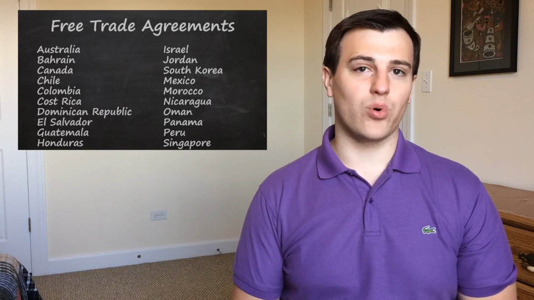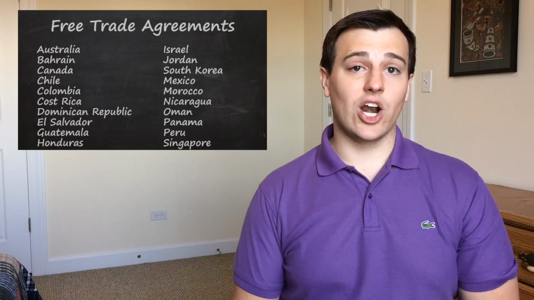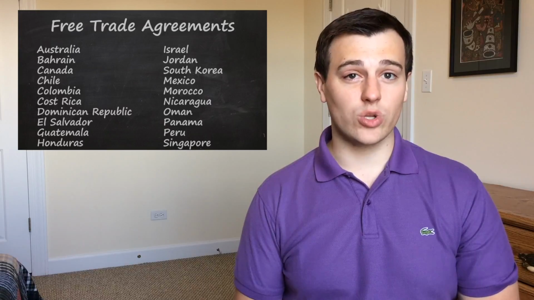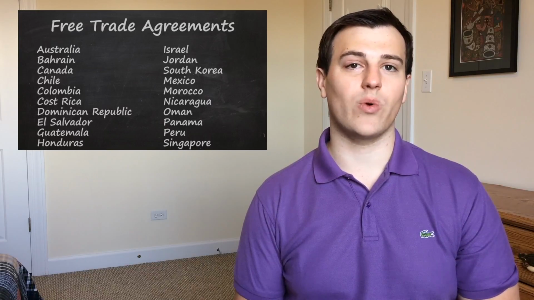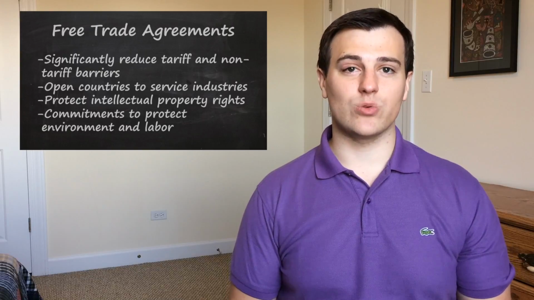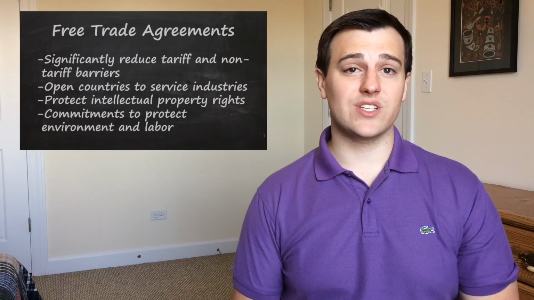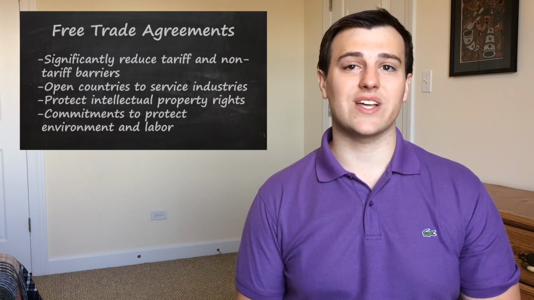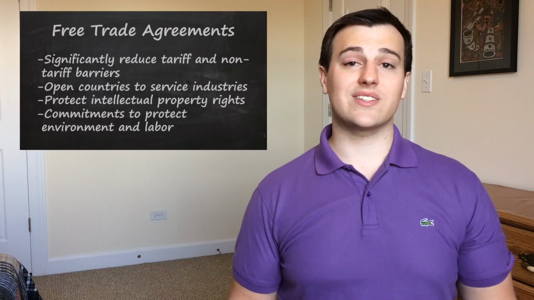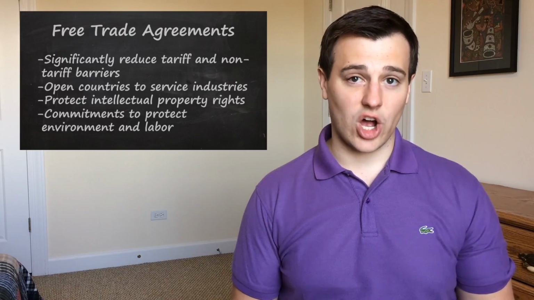About a third of all imports enter the United States under a free trade agreement with one of these countries, and almost half of all of our exports are sold to a country that we have a free trade agreement with. Most of these truly are free trade agreements, as in they significantly reduce tariffs and non-tariff barriers. For the most part, agreements eliminate all tariffs either immediately or after a 5 or 10-year phase-out period. The one exception to this is, not surprisingly, agricultural goods, as we saw earlier.